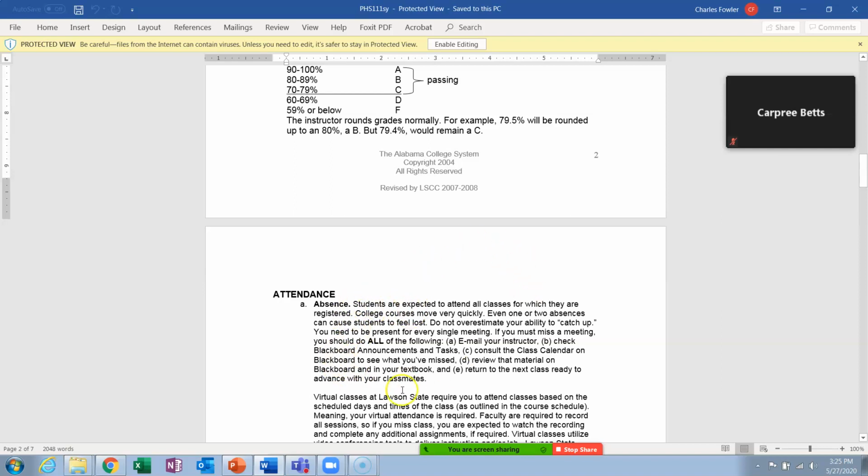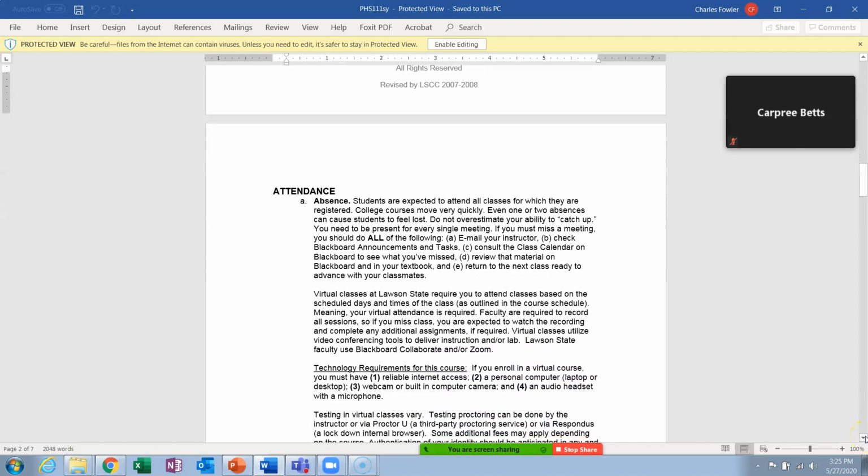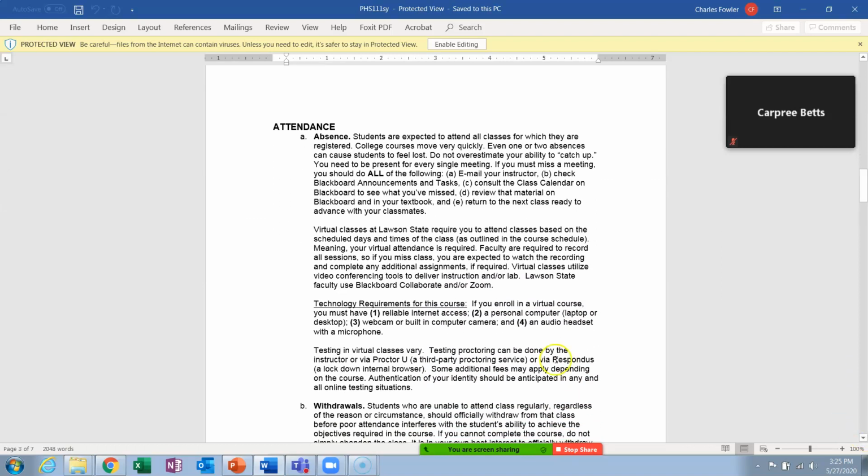Here is what we always said in the syllabi about attendance, but the dean has had us put in 3 more paragraphs about virtual classes. And those next 3 paragraphs here are those paragraphs. So try to be here every day. Nothing replaces reading the book, but also nothing replaces being in class.